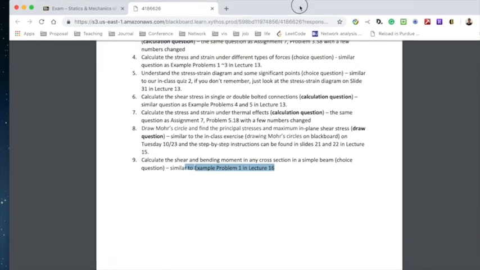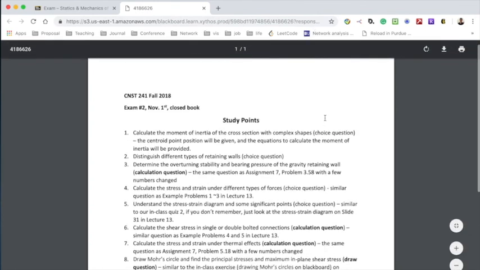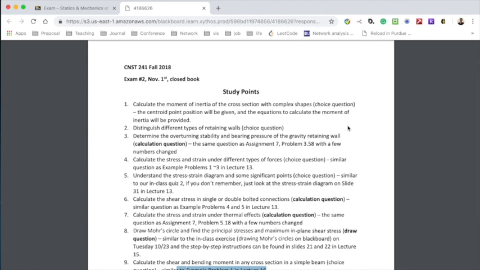So that's all for today's lecture. If you still have any questions, you can quickly look through the study points and talk with your neighbors. Make sure you understand each of them. If you still have questions, you can email me anytime. I will make sure to reply to your email as soon as possible. And you can also talk with me in our Tuesday class